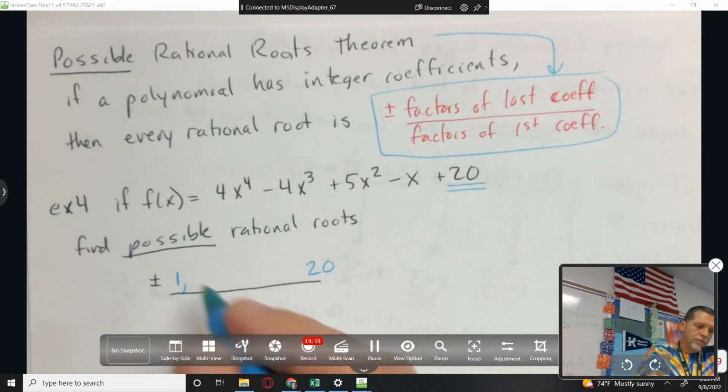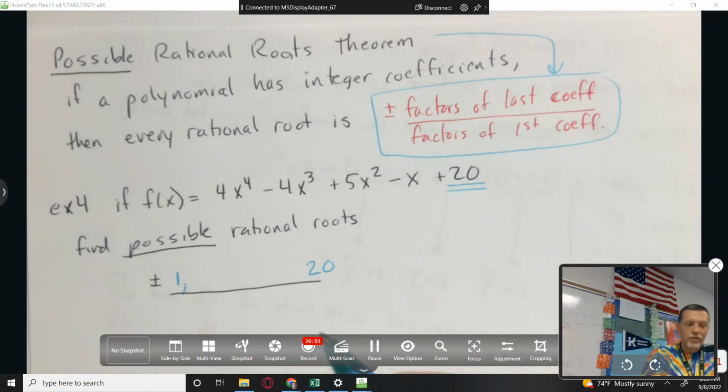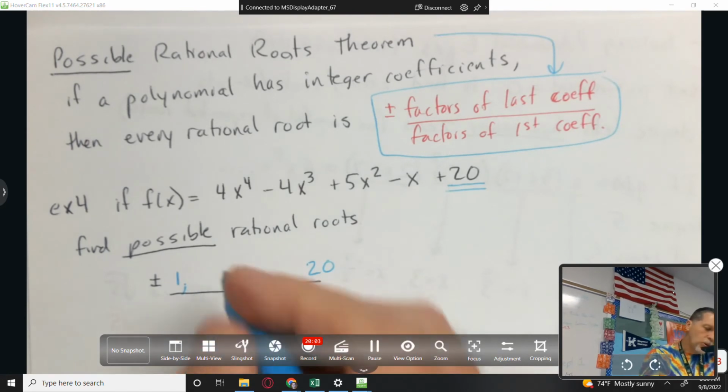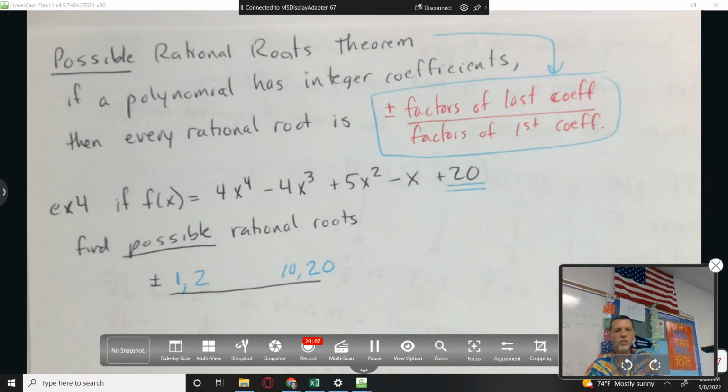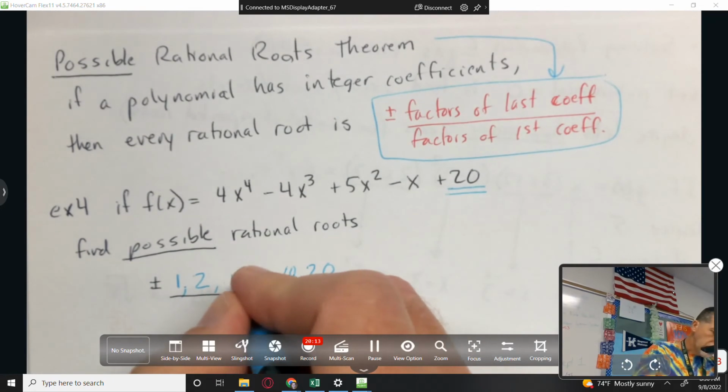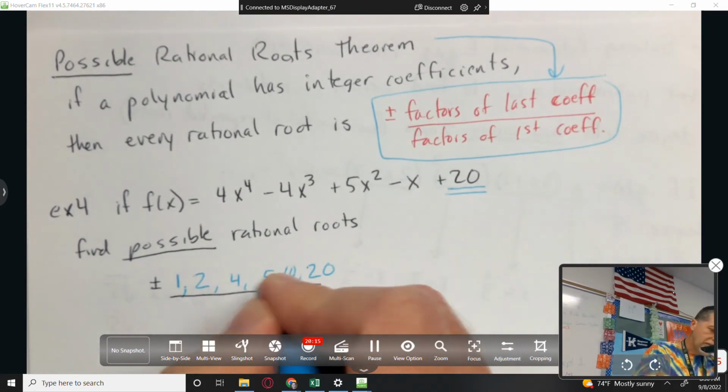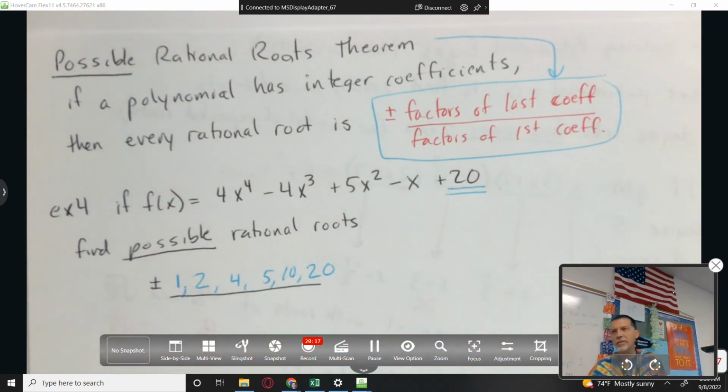Although it doesn't really matter. I just want them to be nice and organized. Let's see, 2 and 10 pair up to make 20. 3 doesn't work. 4 works though. 4 and 5. And in fact, since those are right next to each other, we found them all. So 6 factors of 20